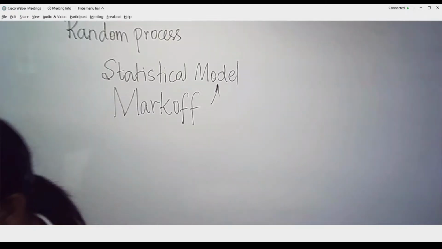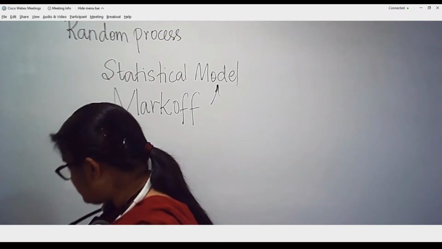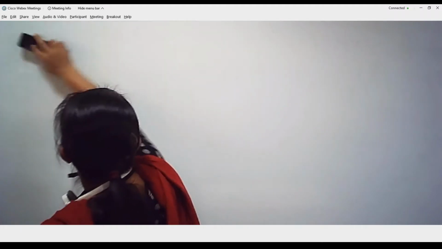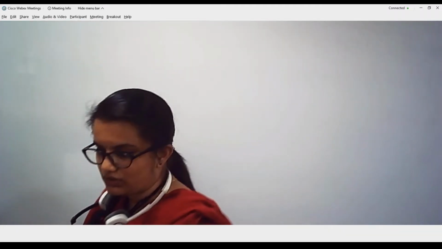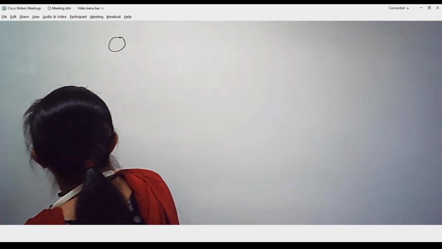So there is one such example over here. I am going to consider an example here. Only after the example, I think you will be able to understand this. So please kindly observe and then try to understand. I am going to take a Markov process, the statistical model, which is given to me already. There are three states in this Markov process.